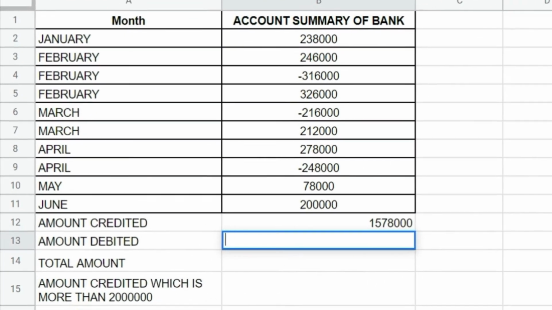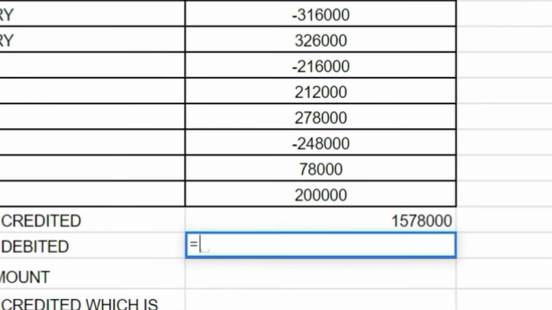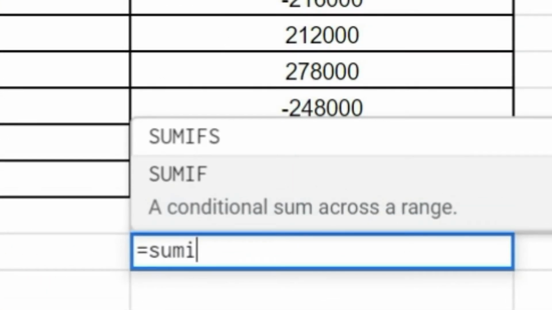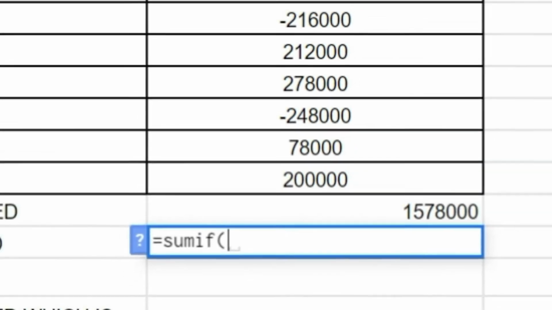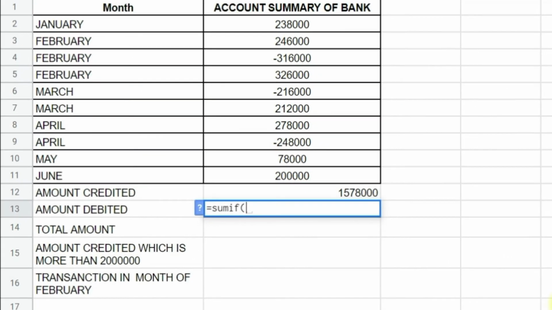Now we'll check the amount debited. So we'll apply the SUMIF function, open the parenthesis, and similarly everything will be the same except for the condition. We'll select the range first.